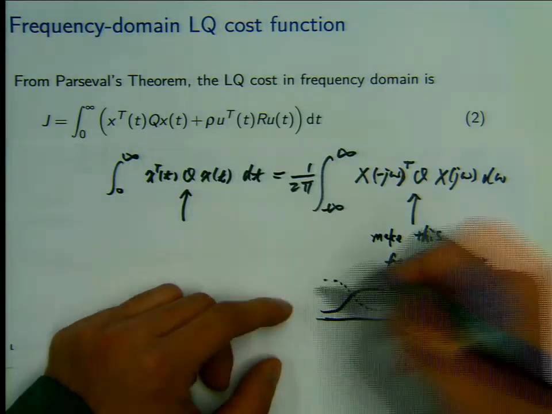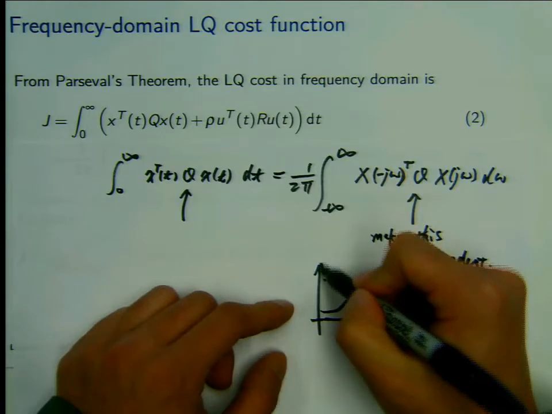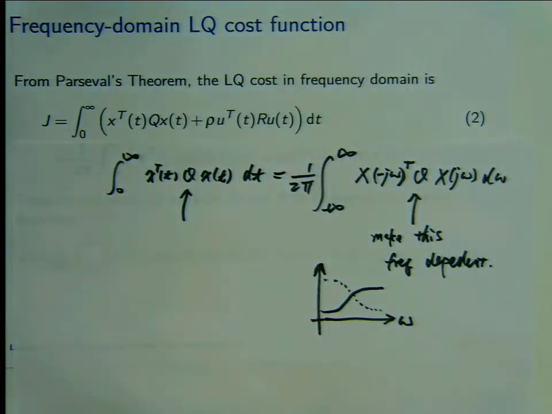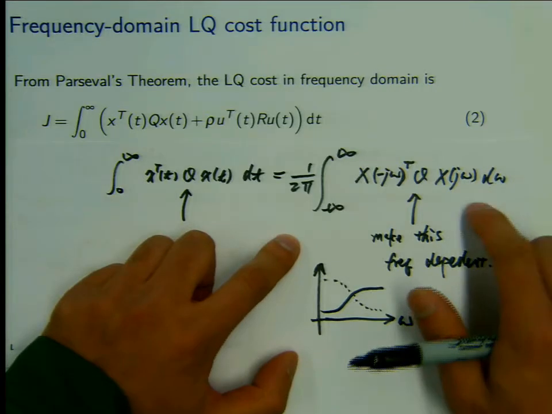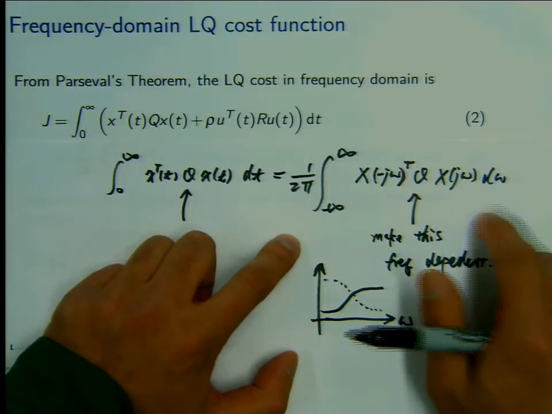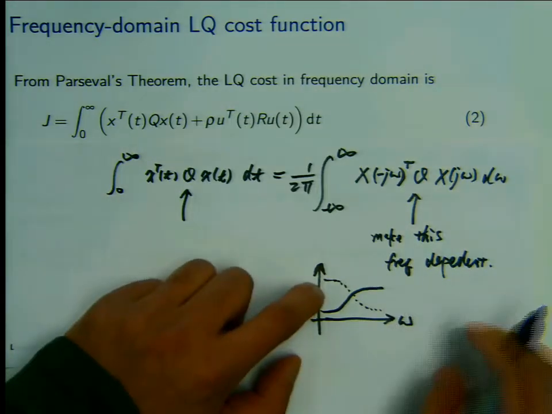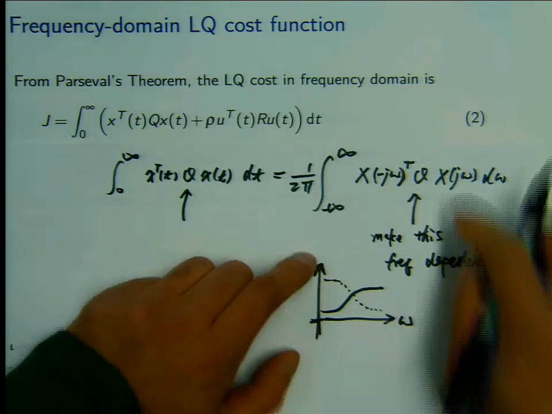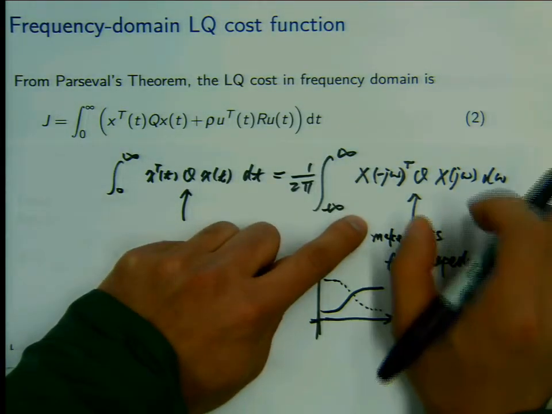That's one explanation. So think about it a little bit more. It's actually the contrary case. If X contains many low frequency components and we want to minimize this quadratic cost, Q should actually be a low pass. So the intuition there is that if the low frequency component makes a lot of weight in the